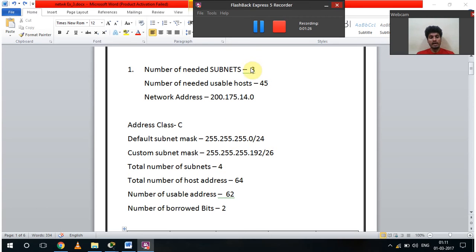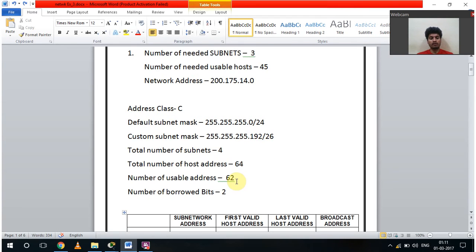and as it is asking for 3 subnets, we have to borrow 2 bits. So the 24 will become, as the custom subnet mask, 26, and the total number of subnets which we can make is 4, but the required is 3 only. The total number of host addresses is 64, out of that only 62 are usable,